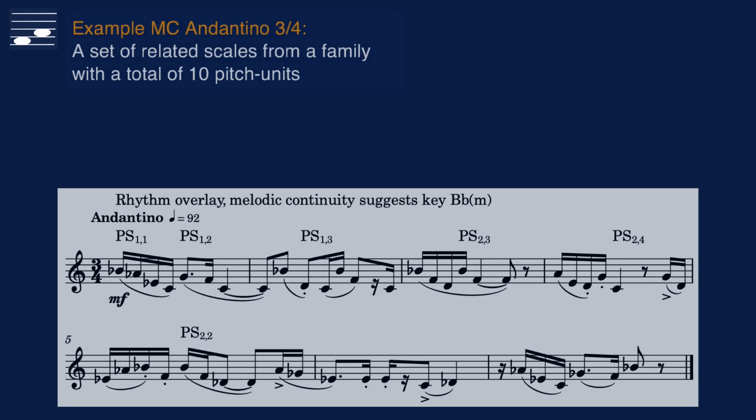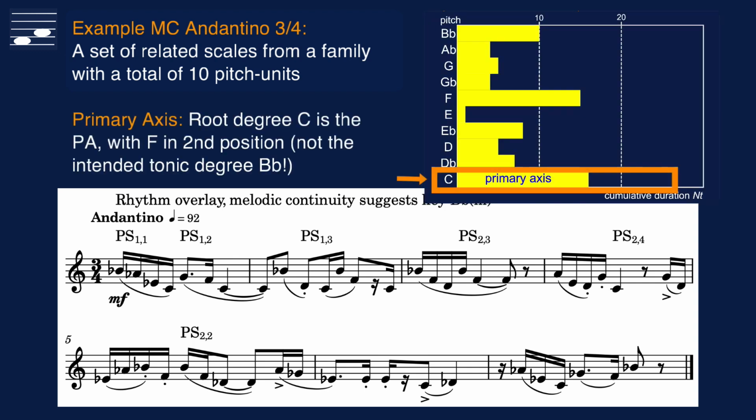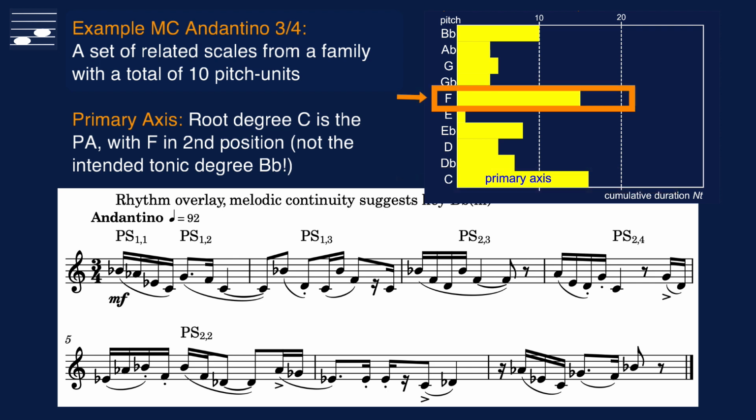This Andantino in 3/4 time signature is the last example based on the scale family. As stated in part 2, I was aiming for a key ambiguity, B-flat major versus minor. The primary axis, as identified from the pitch duration diagram, however, is the root degree C. In second position we find the F, the fifth above the apparent root B-flat, which comes in third in the